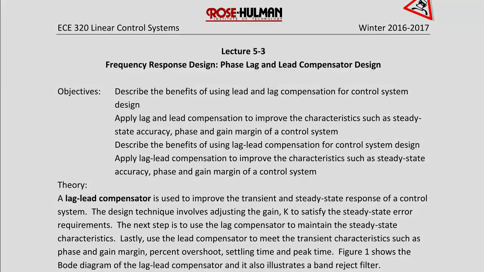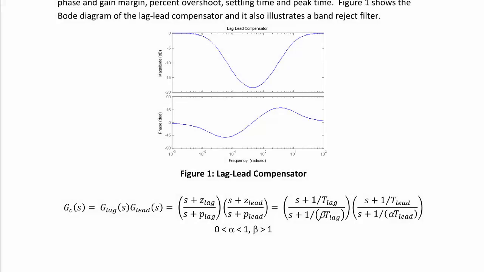So here on our figure, we call this a band reject filter because right here at this certain amount of frequencies, there's actually a dip in the magnitude. But the other interesting thing to note is that it's a lag lead filter because here we have a dip in the phase angle, which represents the lag, and then here we have a spike in the phase angle, which represents the lead. GC of S is equal to G lag times G lead,